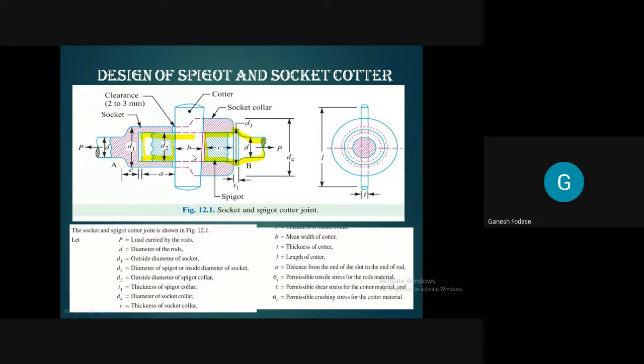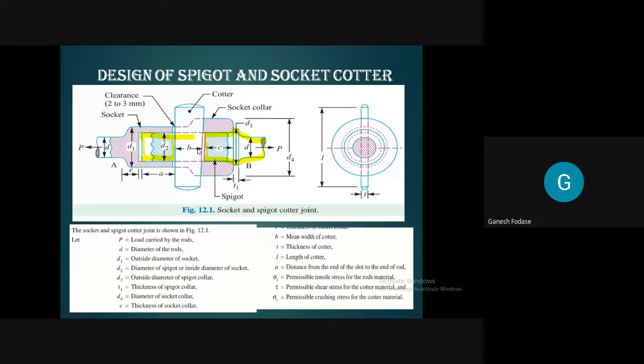Yes. So failure of rod in tension. Failure of rod in tension. Okay. Which rod you are talking about? Because there are 2 rods. Sir, both sides, because there is tension on both sides, sir. Good. Means socket also and spigot also will fail under tension. Yes, sir, displacement of quarter. Which kind of displacement you are talking about? Vertical or horizontal?